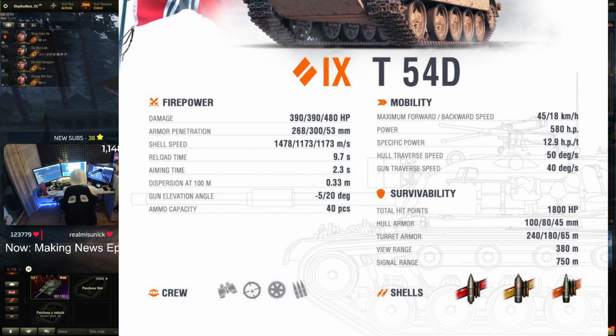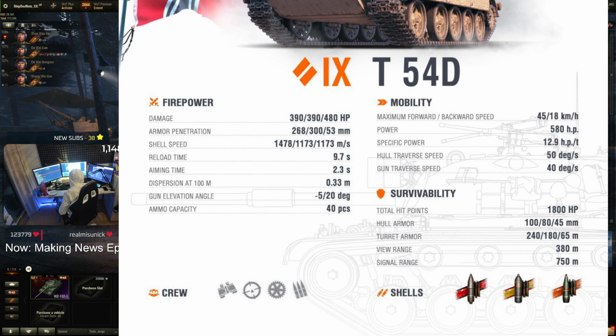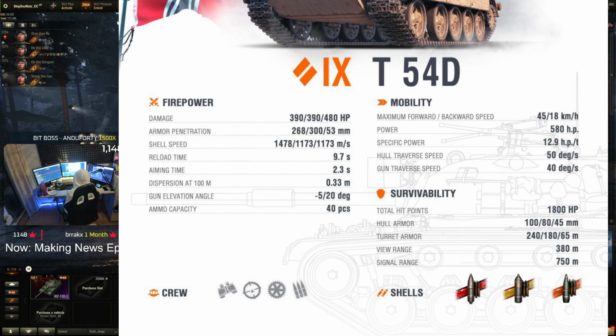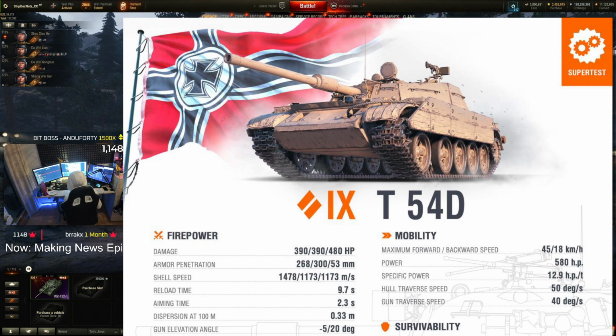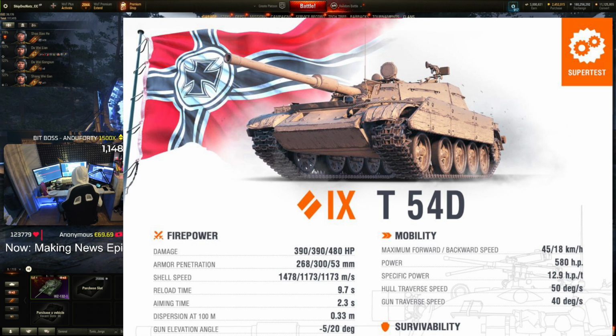45 in the rear. 240 turret armor in the front, 180 on the sides, 65 in the rear, 380 meters view range. Luckily it has standard crew layout: commander, gunner, driver and loader. Well, it looks cool, I have to give it that much. Most likely it's more like a more armored version of a medium tank, maybe something like the